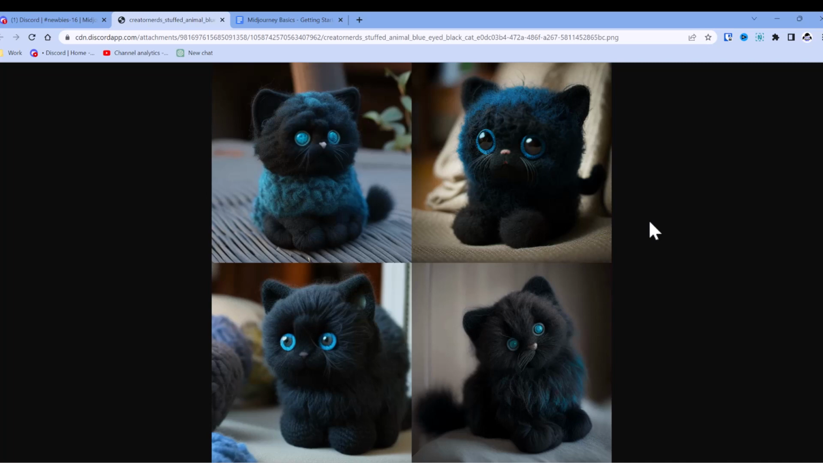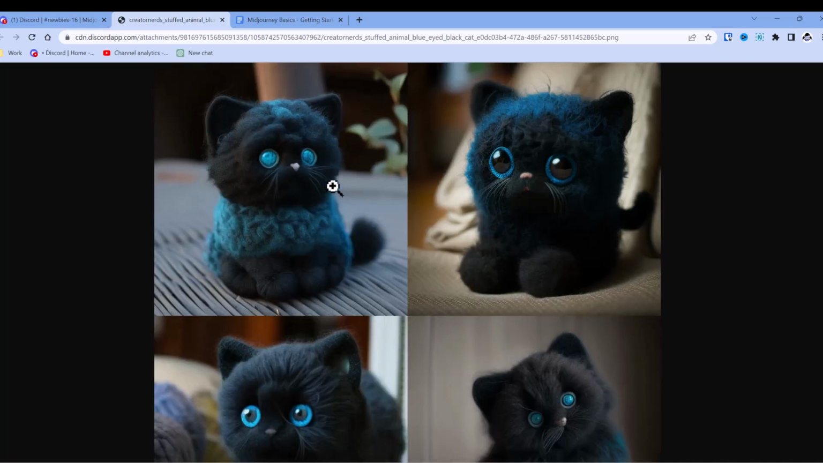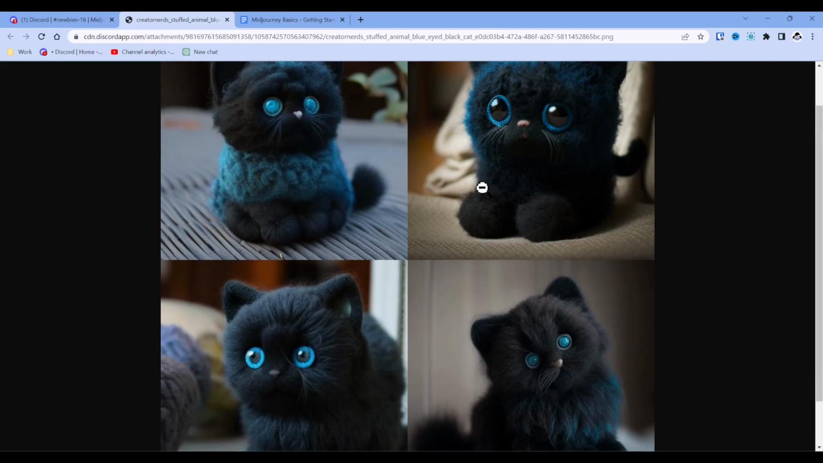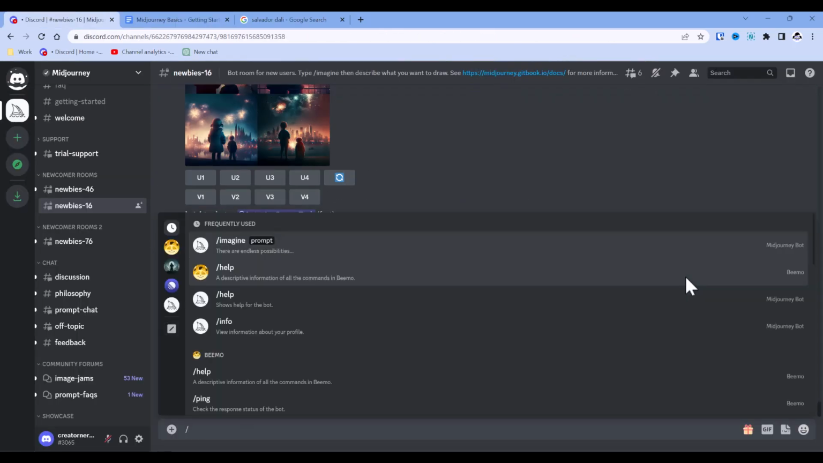All right, so this time stuffed animal was our first, so it took that as the priority. The second item that was the priority was the blue eyes. So if you'll notice, the eyes are really emphasized, but you'll also notice that there's blue in the fur. So we're going to go back to imagine,